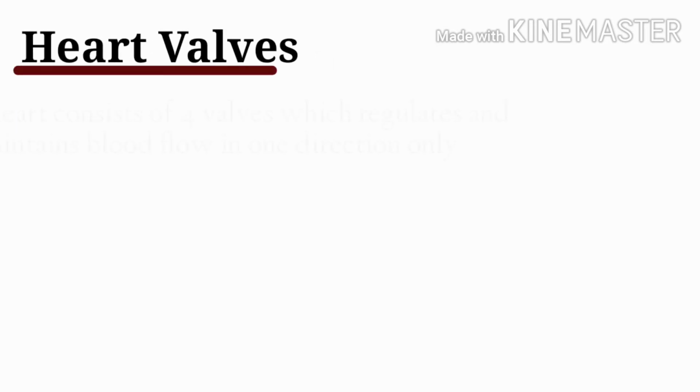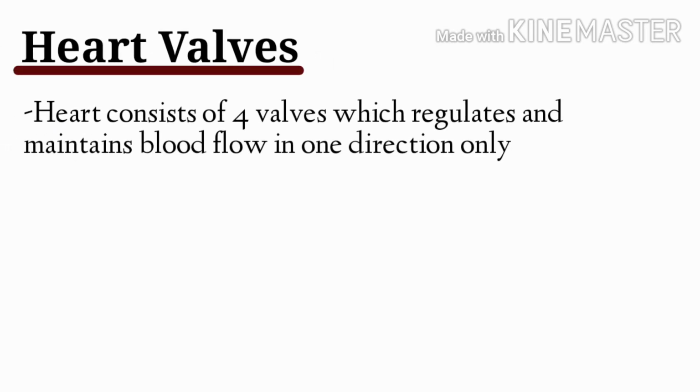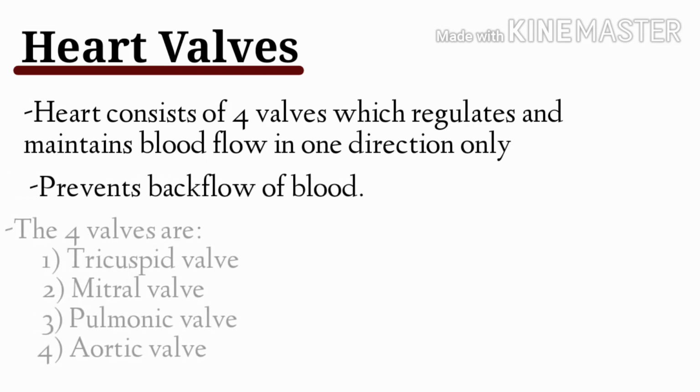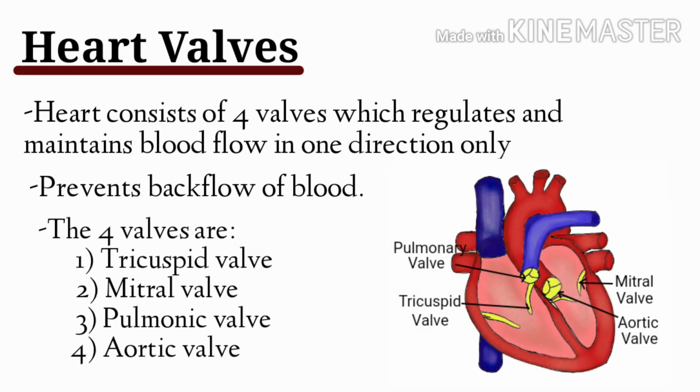Now, the heart consists of four valves which regulate and maintain blood flow in one direction only. Thus, once blood leaves any of the chambers for its next destination, it can hardly come back, as the valves prevent the backflow of the blood. The four valves of the heart are the tricuspid valve, the mitral or bicuspid valve, the pulmonic valve, and the aortic